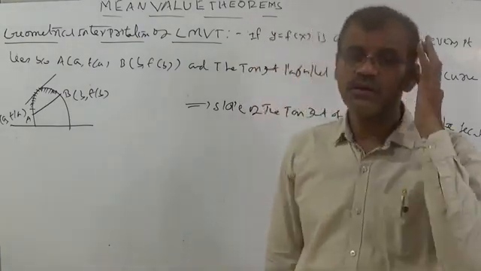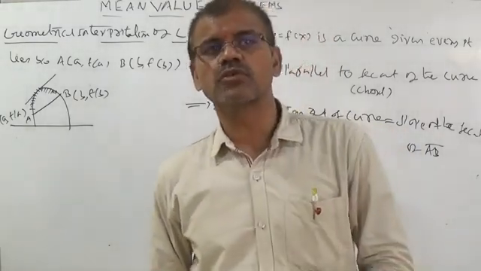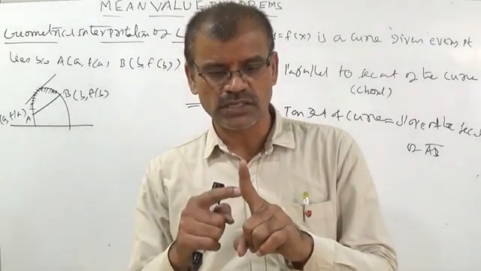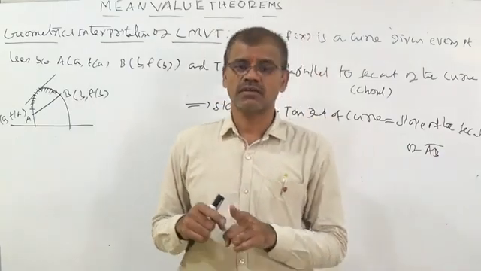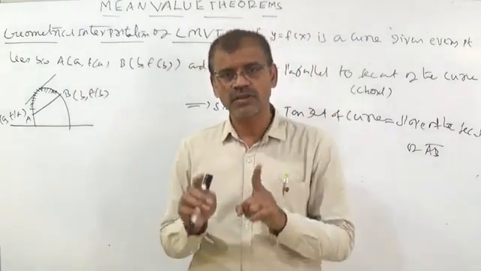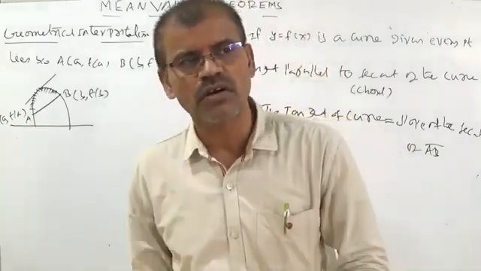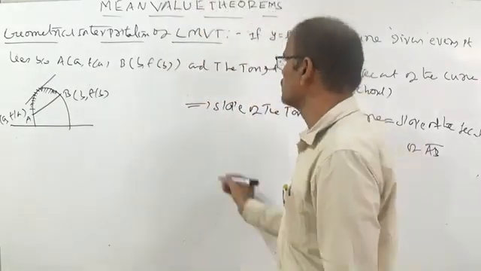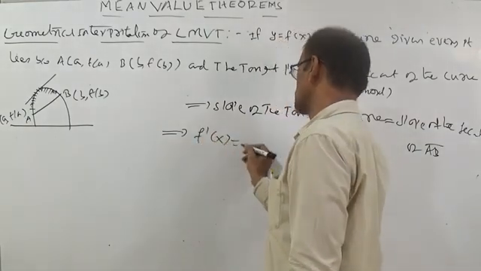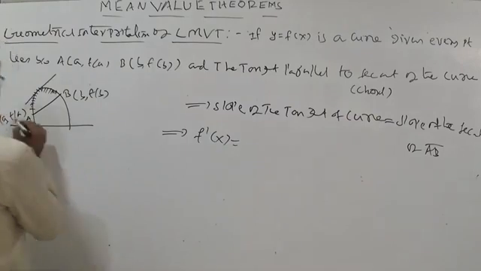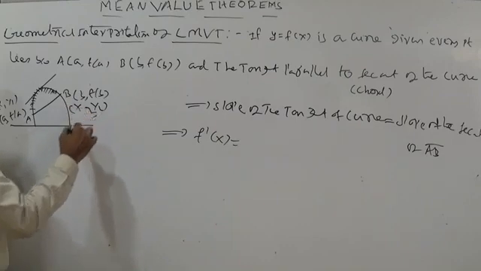So what is the slope of the tangent of the curve? In the previous class we discussed that the tangent slope and curve slope are the same whenever the tangent intersects at the point of contact of the curve. So at the point of contact, the slope of the tangent and the slope of the curve are equal. So whenever you calculate the slope of the curve, you are calculating the slope of the tangent. So dy by dx of the curve, f dash x. Now students, try to understand: let this be x1 comma y1